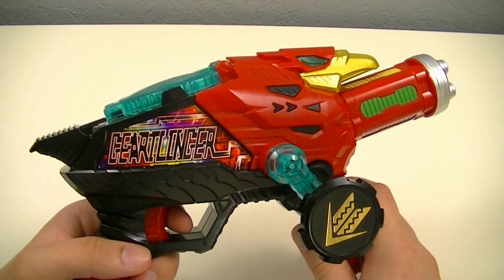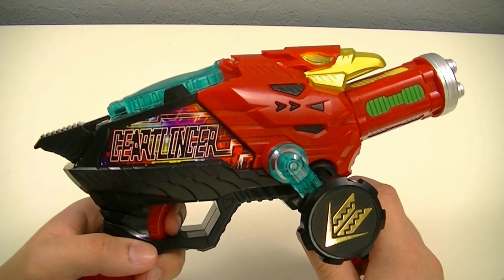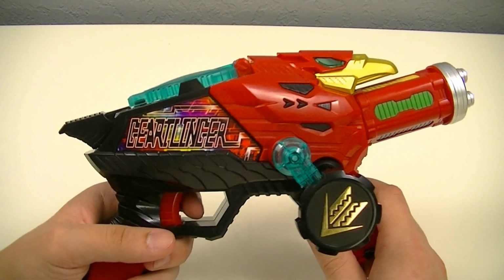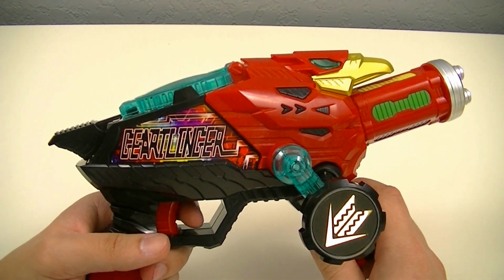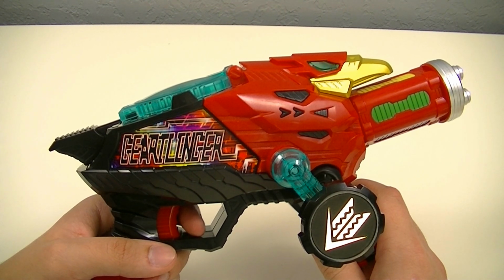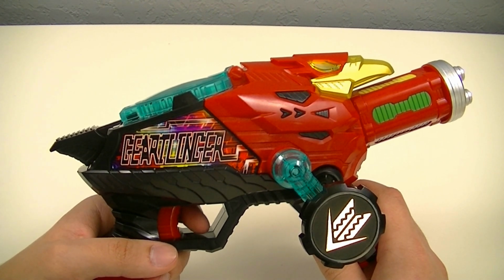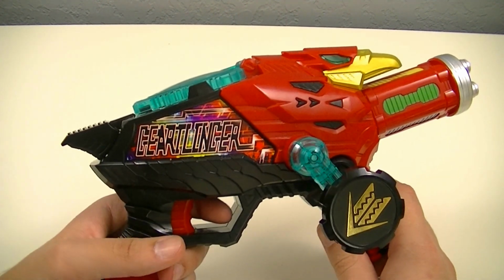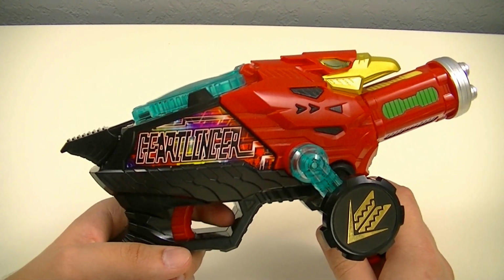So, we press the trigger. We get the same standard attack sound, but if we press and hold the trigger, it'll start up a charging sound. We press the trigger normally. You get a strong attack sound, but if you press and hold the trigger, you get into the charge mode,